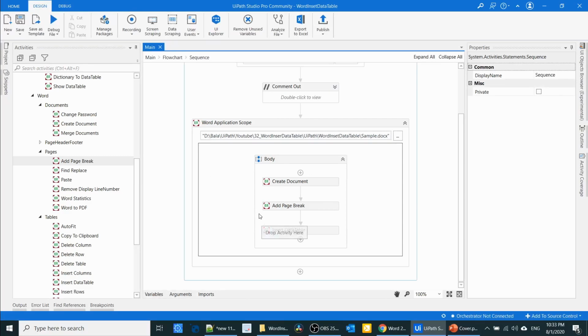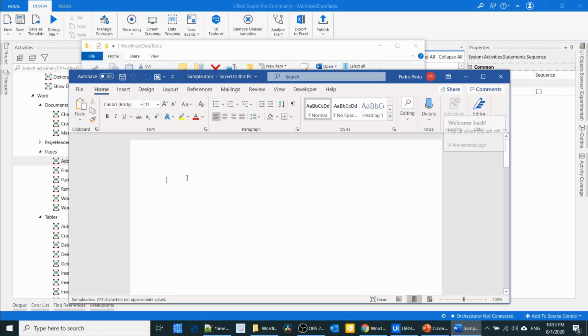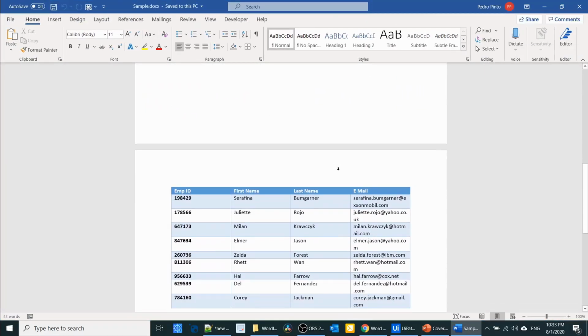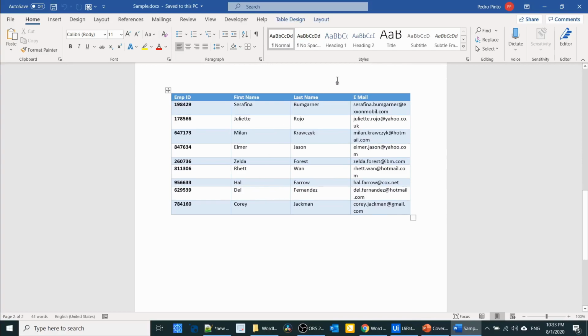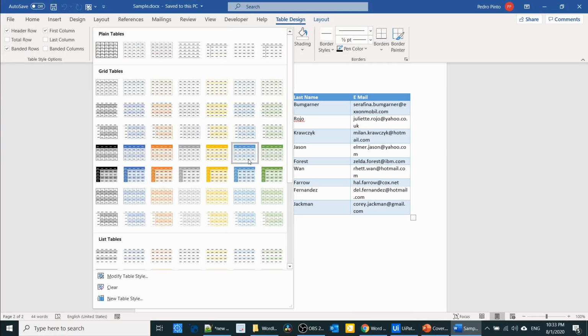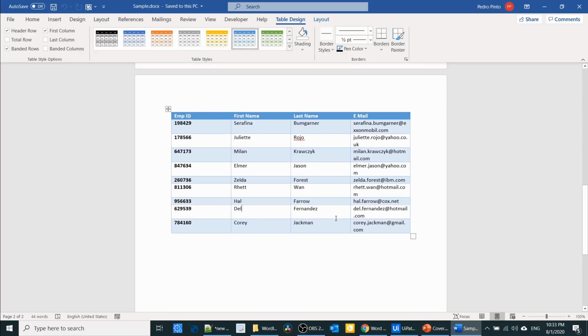It's finished. Let us check the output. So this is the first page, we don't have anything. See, in the second page, the table style. So we have selected the Excel file. So this is the way we can insert a new data table inside the document. And next we are going to see auto fit.